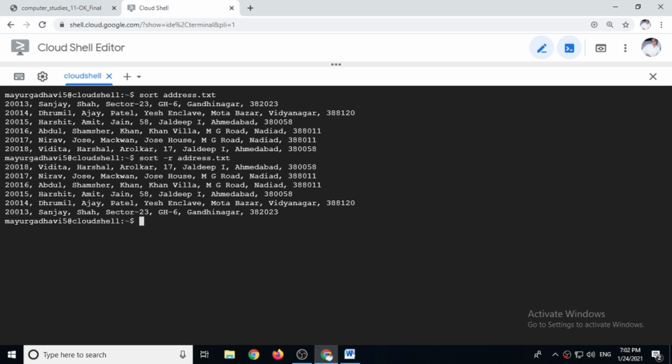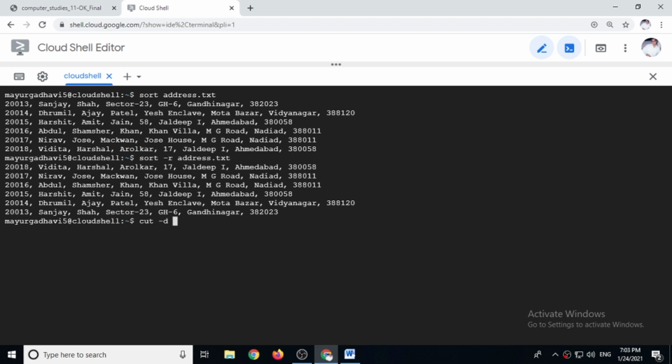But these records have been ordered by the first field only. First field wise it arranges the records. But suppose we need to arrange records in ascending order of the second field, meaning name wise. For that we can use the cut command to cut the information.